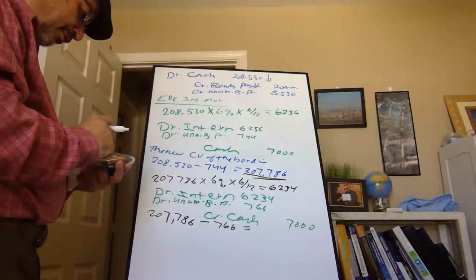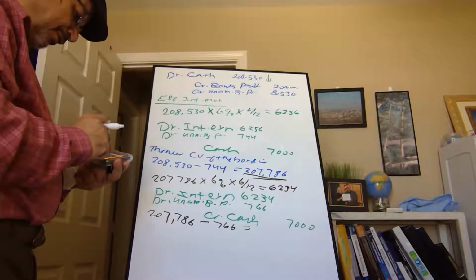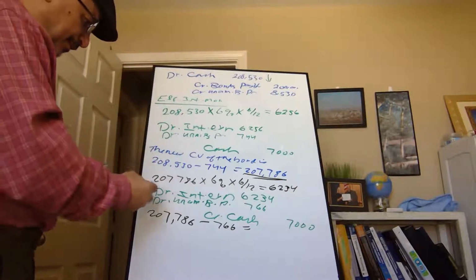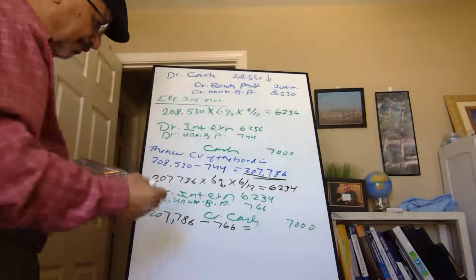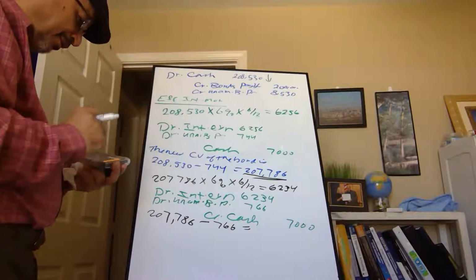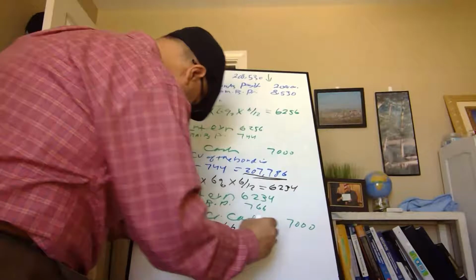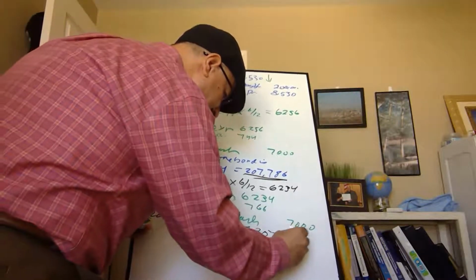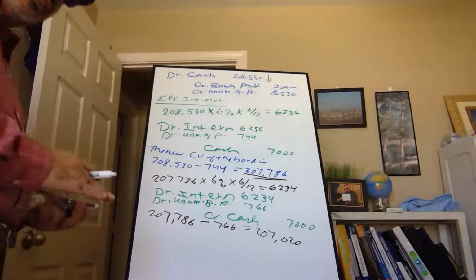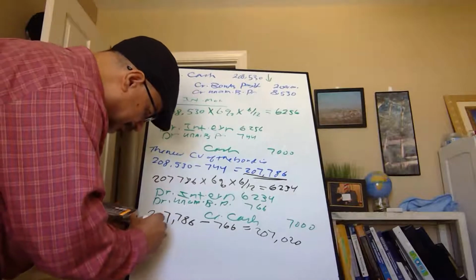That's wrong. 207,786, the previous carrying value, minus 766. Yeah, that makes sense. 207,020. Okay, now the new interest expense is going to be 207,